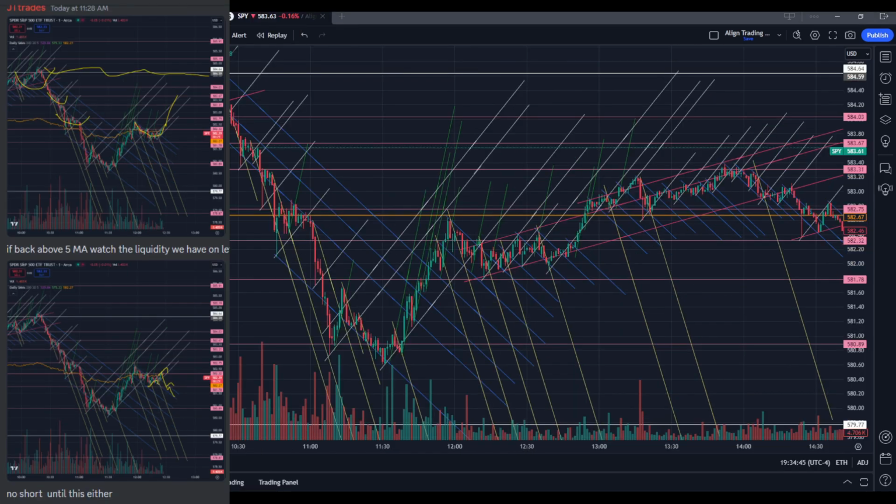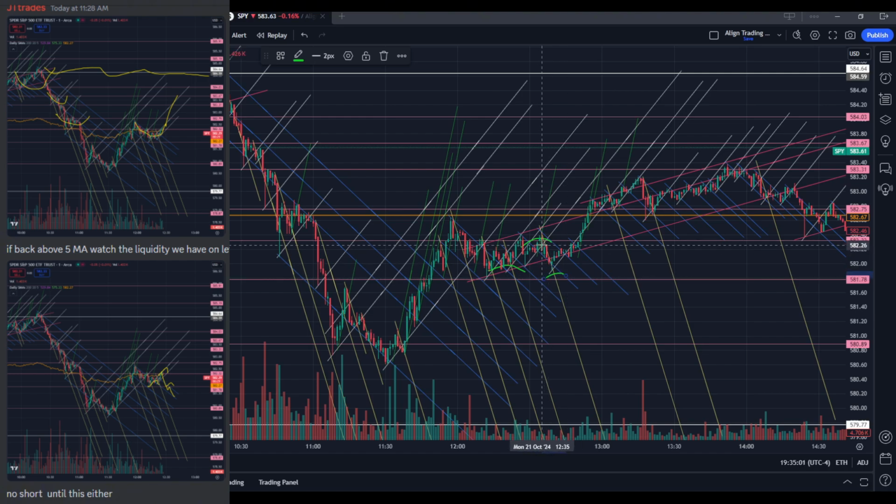So with being back above this 5-day moving average, as I'm explaining right here, be paying attention to the liquidity from the way down, as we can grab that on the way up if we are back above that 5-day, which we are. Like I was saying here as well, you cannot short this until that forms, and it did not. But you see with that regular cup and handle, we start getting this move back to the upside, grabbing